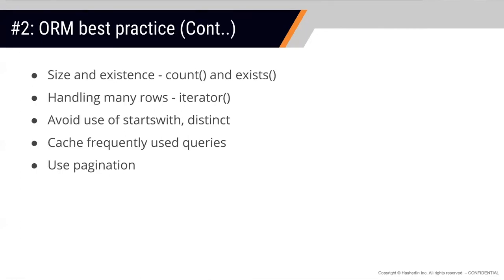Continuing on the same, sometimes your job is just to check whether there is an employee with this ID existing or not. One of the scenarios I have seen is people doing employee.objects.get ID equal to that ID. You don't need to get that object and then check whether it exists. You can simply use the .exists function. It will return a Boolean.